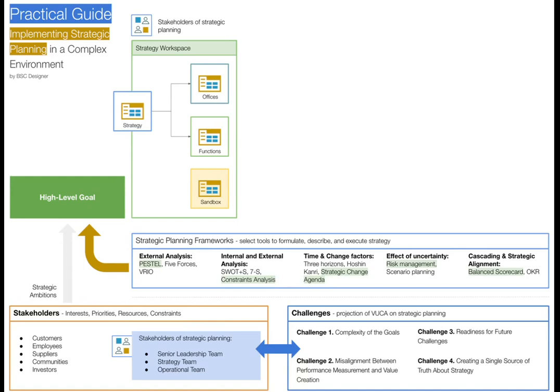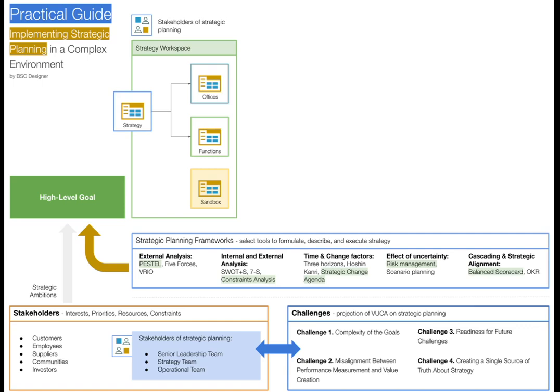Their needs vary according to their role. Senior stakeholders are interested in performance reports as well as in high level alignment between sub strategies. The strategy team is interested in mapping goals, risk scenarios, formulating initiatives, defining KPIs, and aligning operational scorecards with overall strategy. Finally, the operational team will be interested in using the strategy workspace to understand the context of the strategy